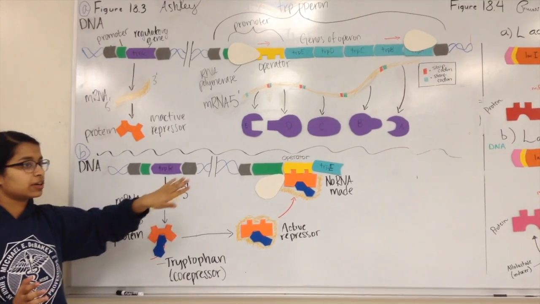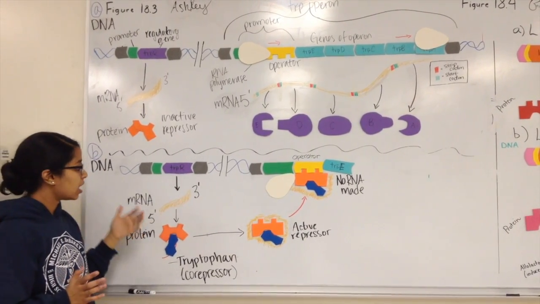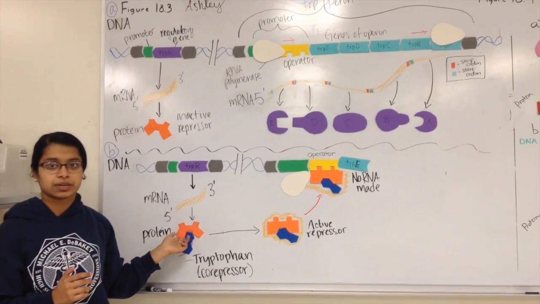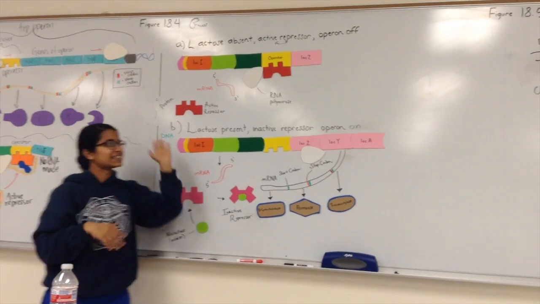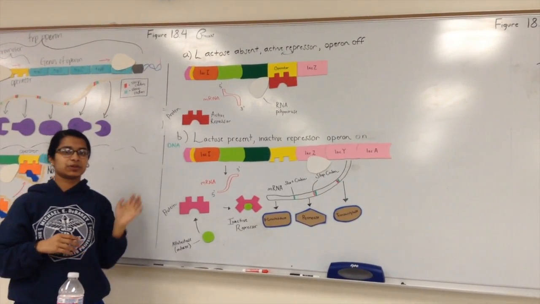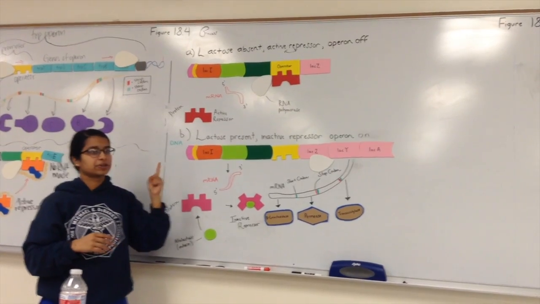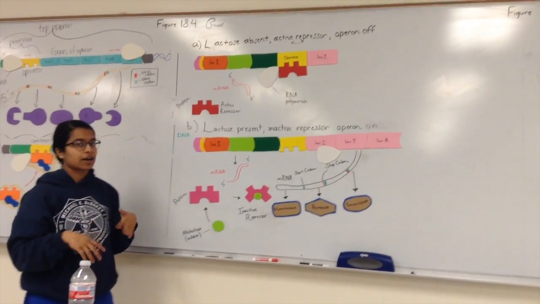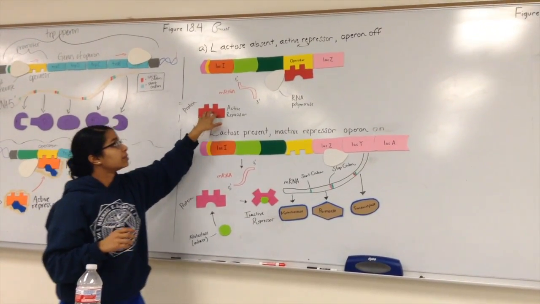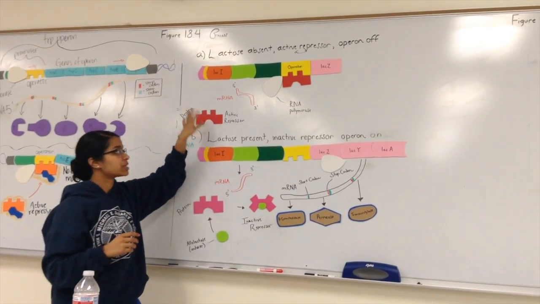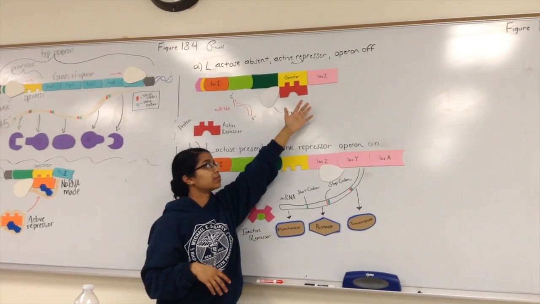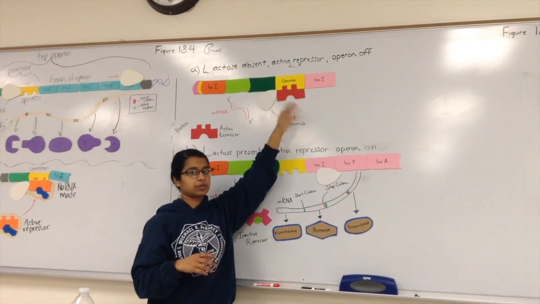trpR, which is located upstream from the other genes, is the gene that codes for the repressor protein in the TRP operon. This diagram represents regulated synthesis of inducible enzymes of the lac operon in E. coli. Usually the lac operon is off, which means that the repressor is active while lactose is absent, so it's able to bind to the operator, preventing RNA polymerase from going down the length of the DNA and so it